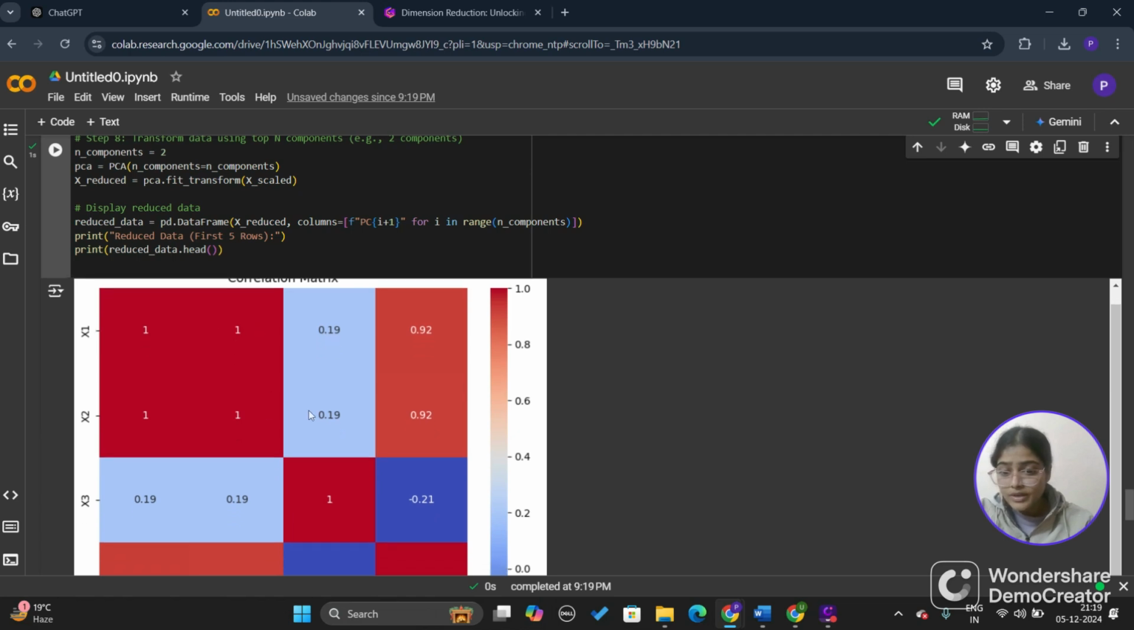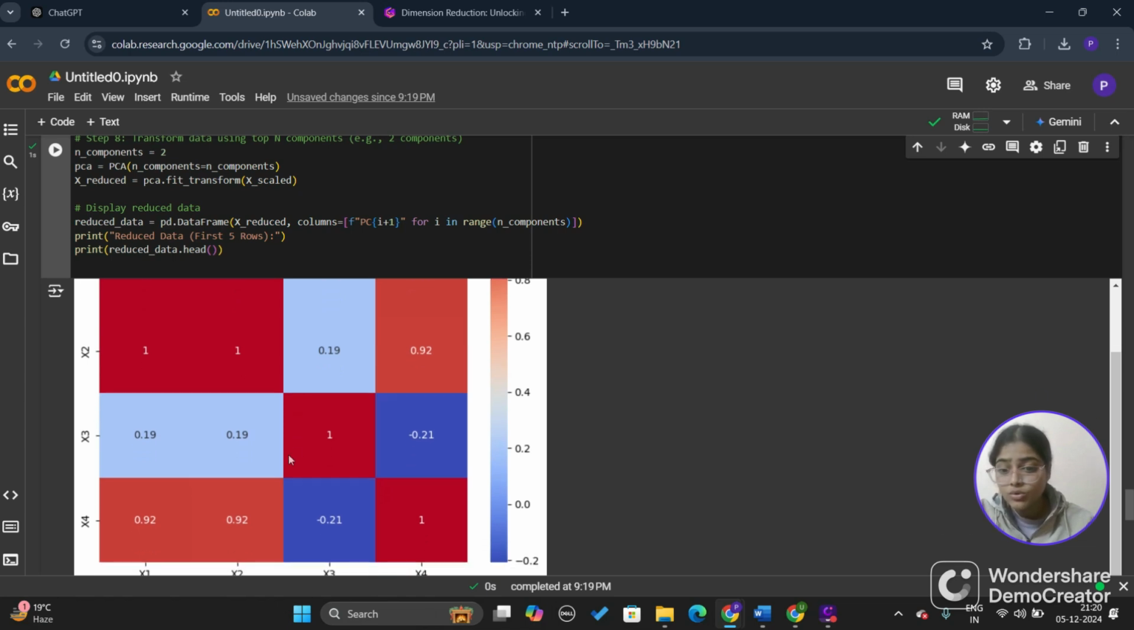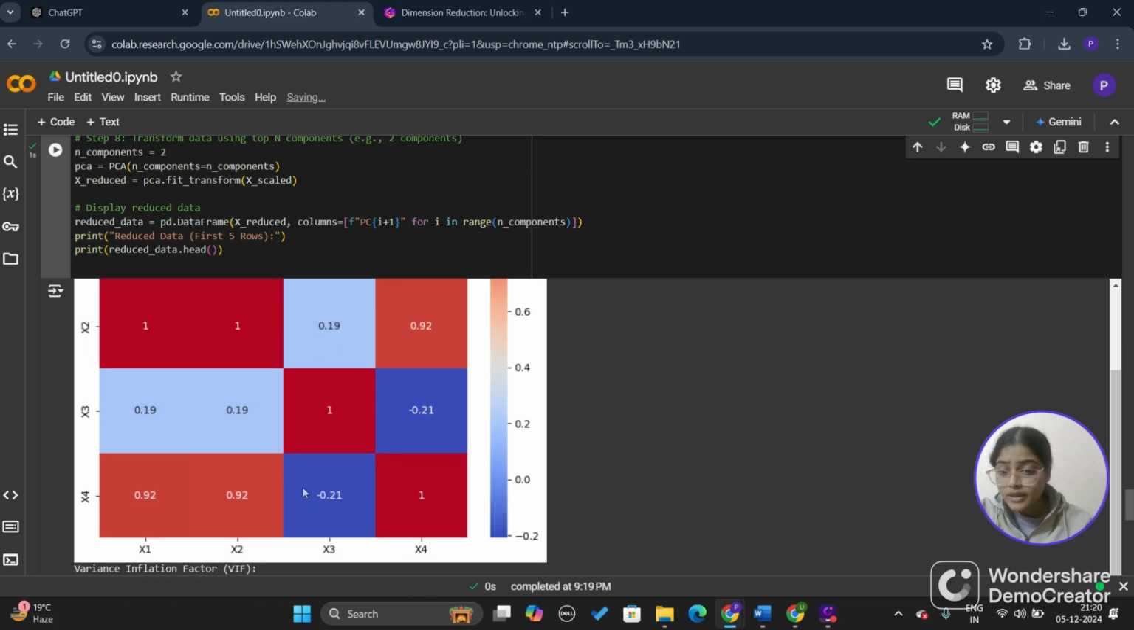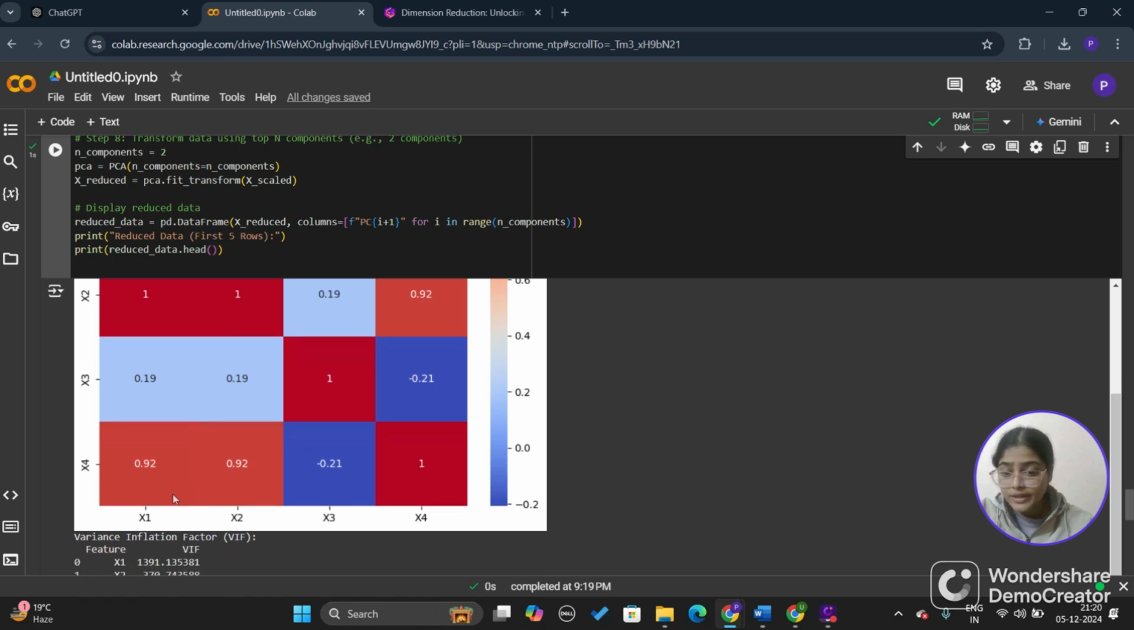This is a correlation matrix heatmap which visualizes the correlation coefficients between the features in the dataset. The diagonal 1.0 values: the correlation of a variable with itself is always 1, shown on the diagonal. x1 and x2 have perfect correlation equal to 1, indicating multicollinearity between these features. x1 and x4 are highly correlated at 0.92, suggesting significant multicollinearity. x2 and x4 show high correlation, again indicating